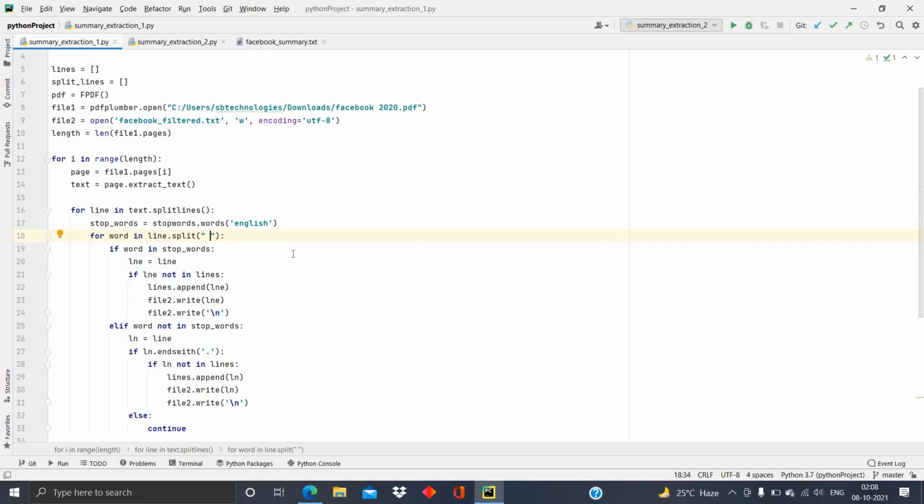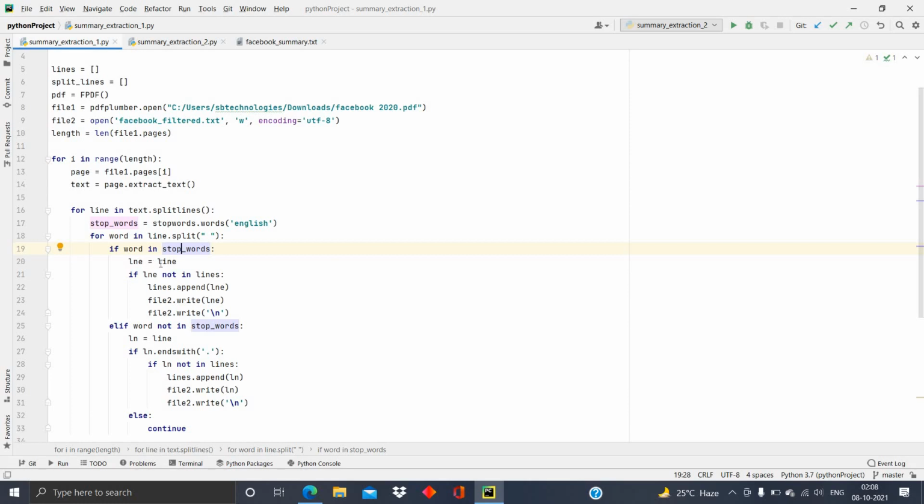So I will be dividing the entire line into different words. If the word is present in stop words, as you can see here, then the line consists of stop words. So that will be a meaningful sentence, and I am going to consider that.